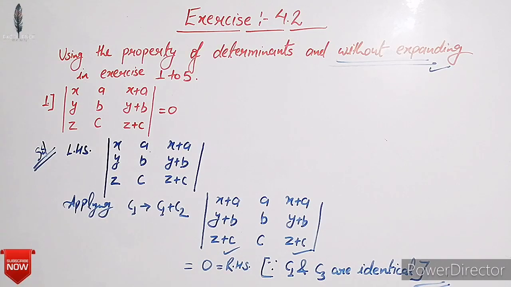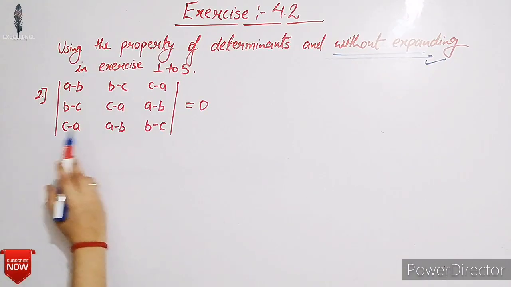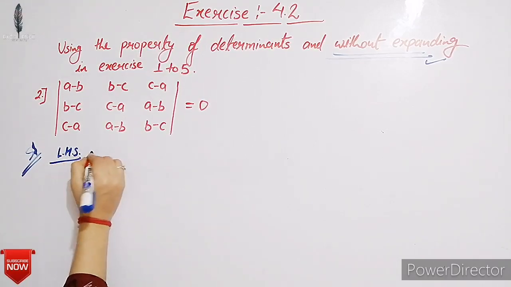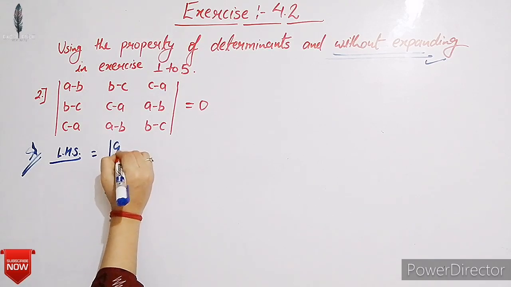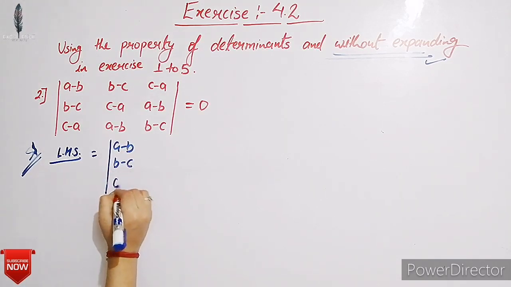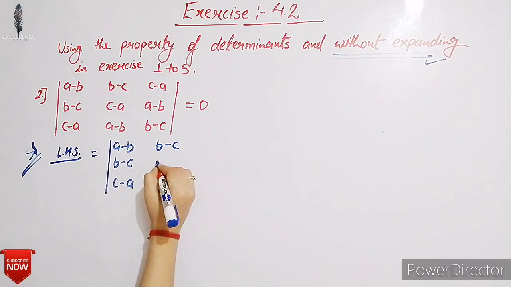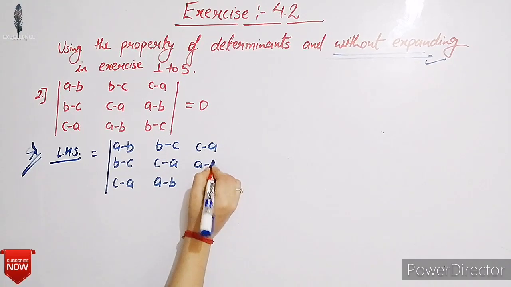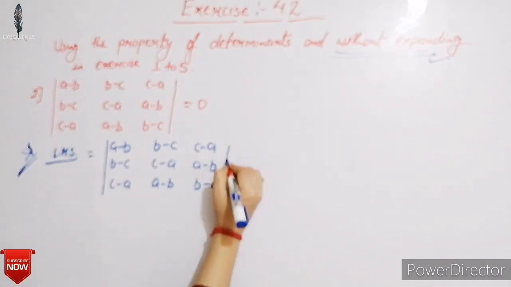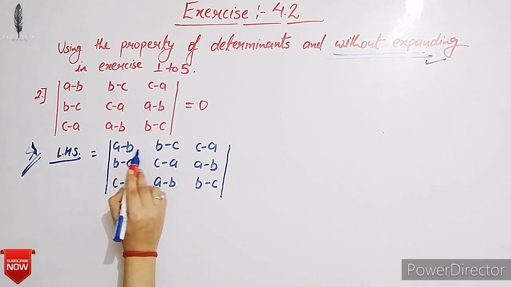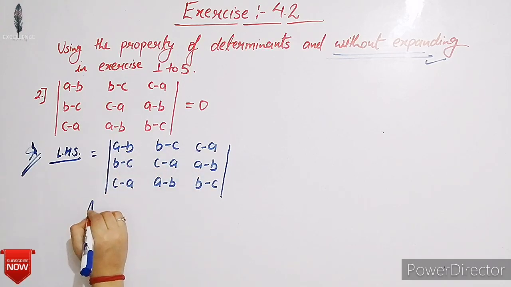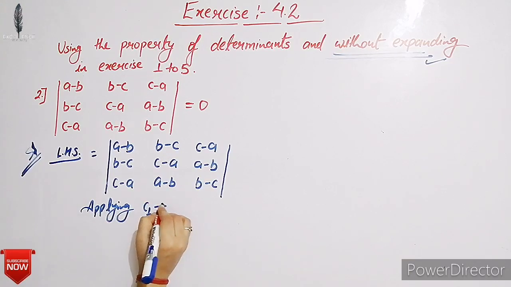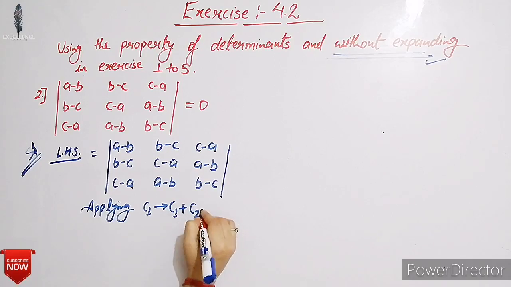Okay, let's see the next question. Question number 2. Here we have to prove that the given determinant is equal to 0. LHS part is equal to a minus b, b minus c, c minus a. C2 is b minus c, c minus a, a minus b. And C3 is c minus a, a minus b, b minus c. Here clearly we have a minus b plus b minus c plus c minus a equals 0. So applying the change,